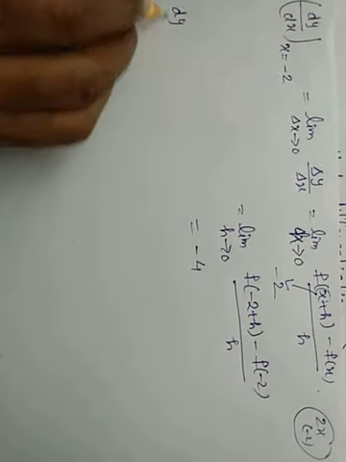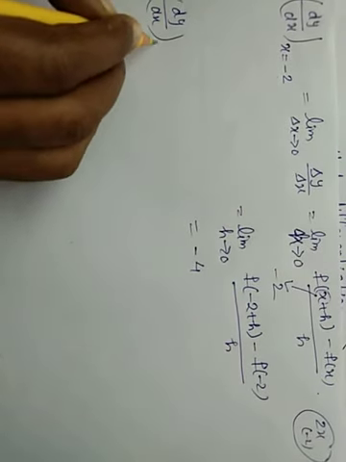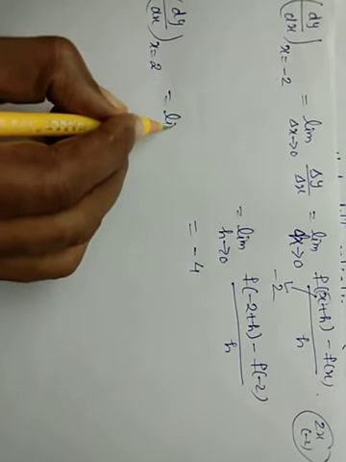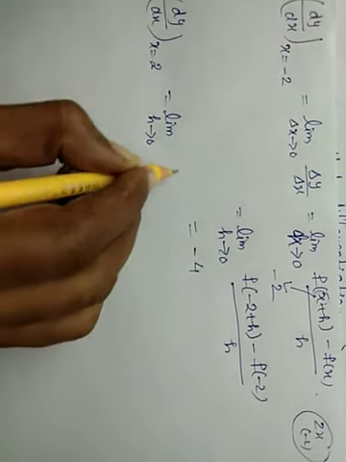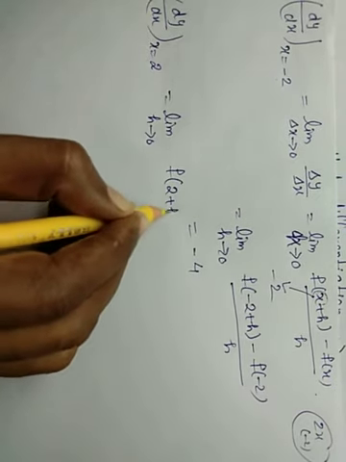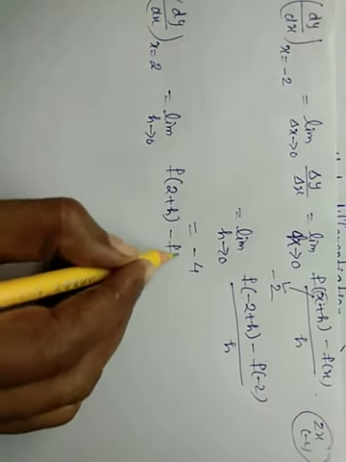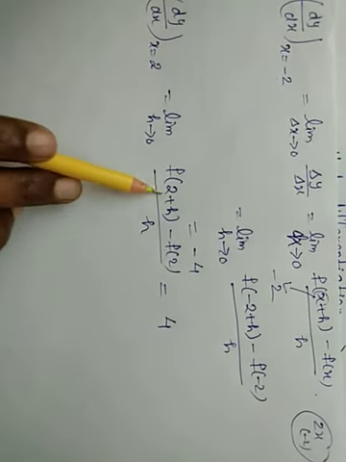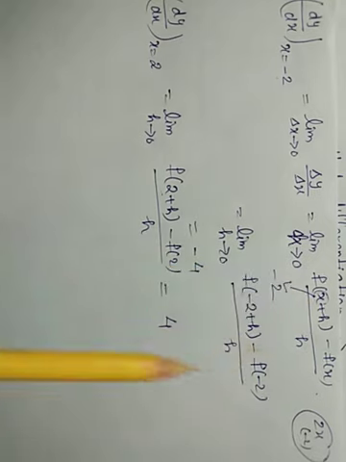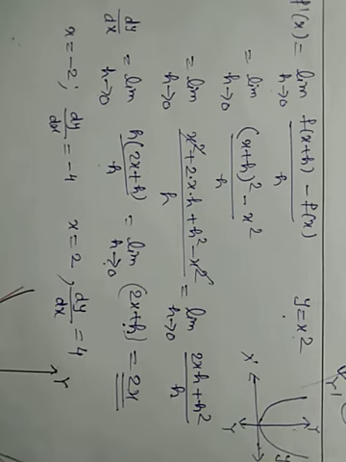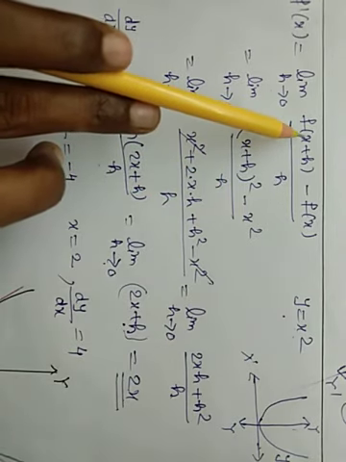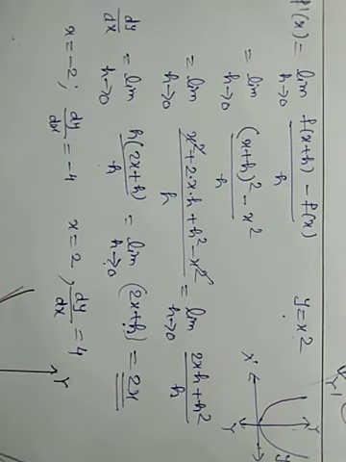Similarly, if I find dy by dx when x equals 2, when x equals 2, I will write directly limit h tends to 0, f of 2 plus h, if I am substituting in the formula, divided by h, and we got the answer 4. You can check it for this. I have done it for x in general. You can check it for 2. This is the one which we have already done. Only x will be replaced by minus 2 in the first case, and in the second case it will be replaced by plus 2.